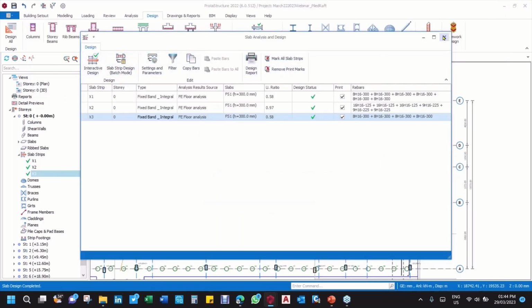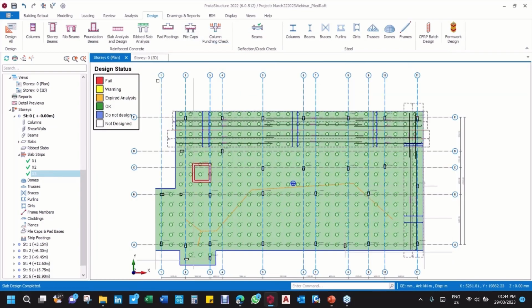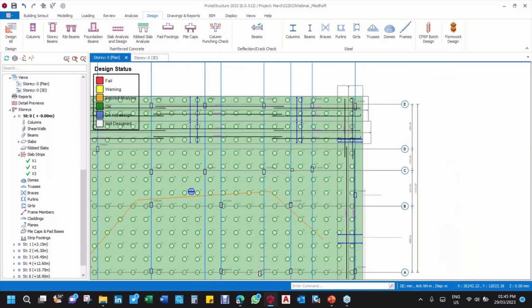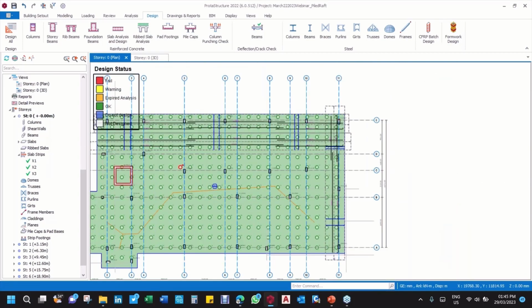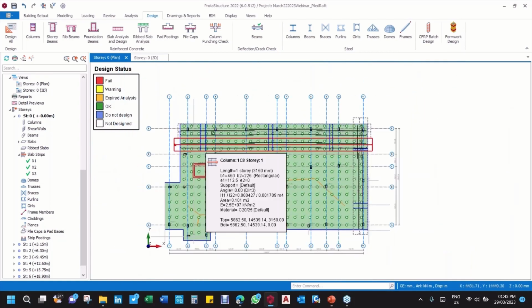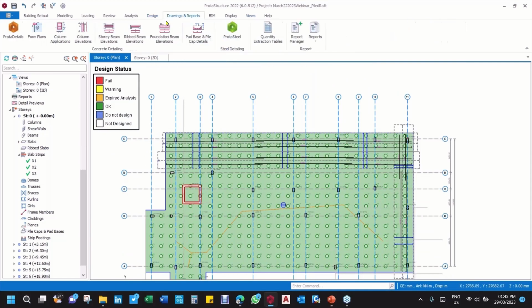Okay, so when you are done with this and you are satisfied with this, the next thing, as you can see after running design, is telling us everything has passed, but please ensure you run everything. When you are done with this, the next thing you are going to do is your report. And from this report, you can,